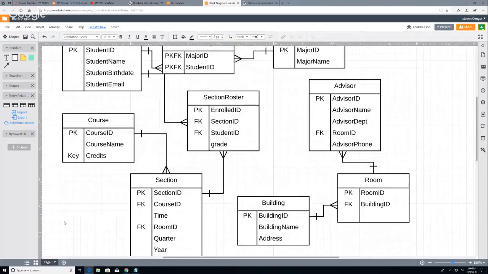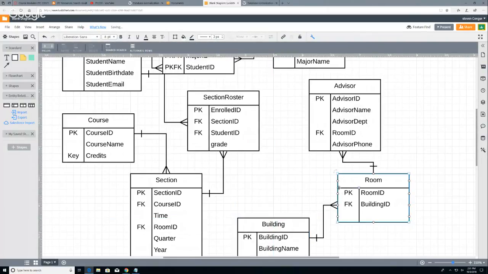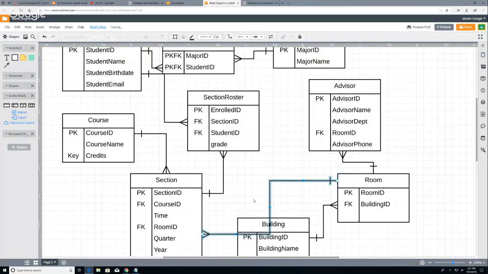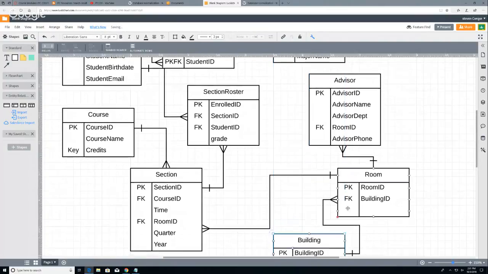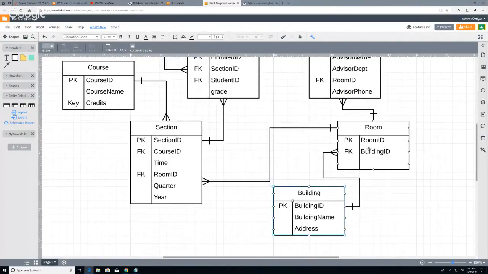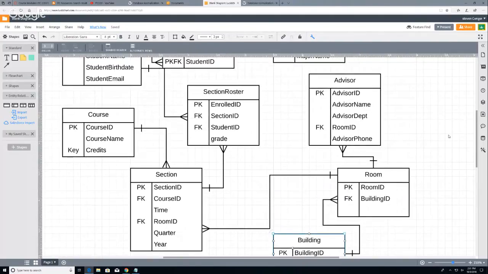You forgot to link the room ID in the section. Oh, yeah, which we can do. Would advisor have a relationship to building as well? They do sort of. They have the room ID. They wouldn't have a relationship to building because here it goes to the room and the room goes to the building. And then advisor needs to, we need a